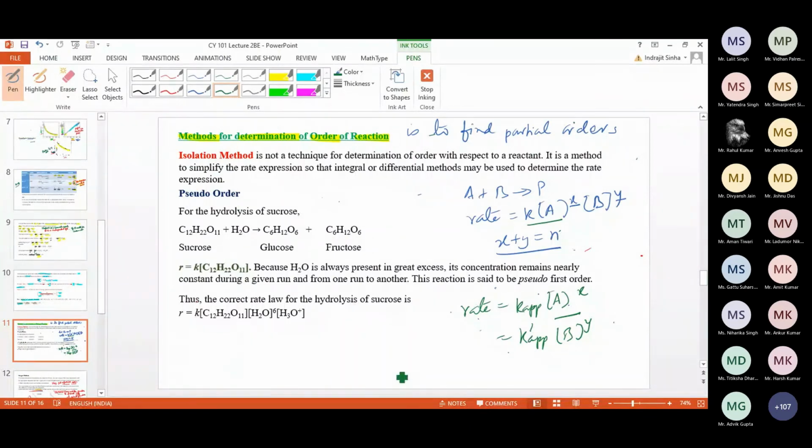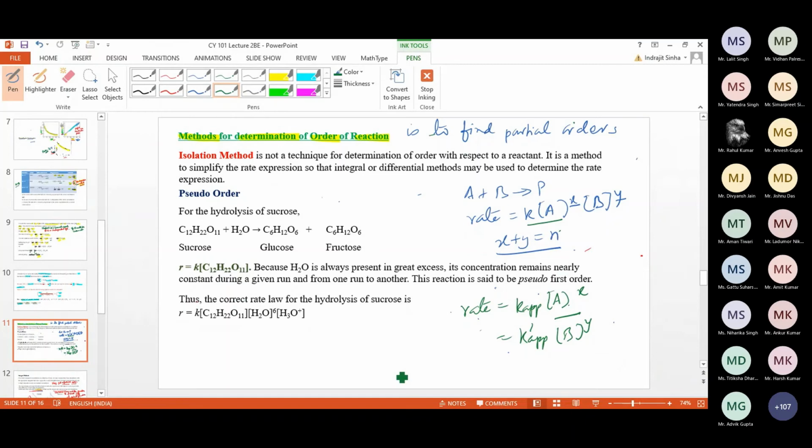So this is the idea. Now you have only one reactant. If you can reduce a multi-reactant situation to a one-reactant situation, where in the rate law there are many reactants to be taken care of, you have to find out the order with respect to every reactant. Instead of that, if you can find out the partial order of a reactant one at a time,